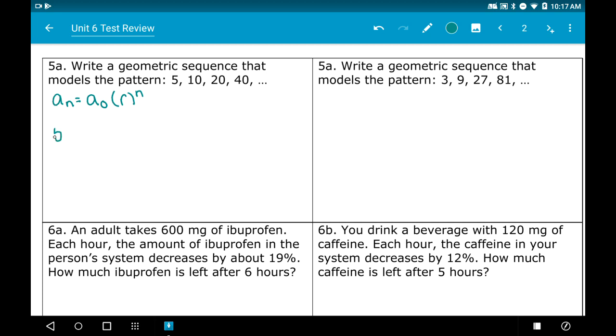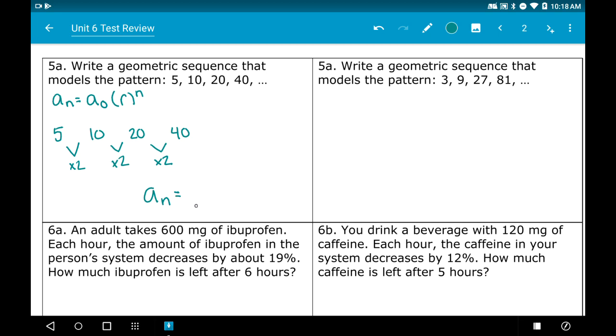If we look here, we have 5, 10, 20, 40. We need to figure out what we are multiplying by each time to get to the next number. So it's times 2, times 2, times 2. That tells us that our common ratio here is going to be a 2, which means our equation is going to be